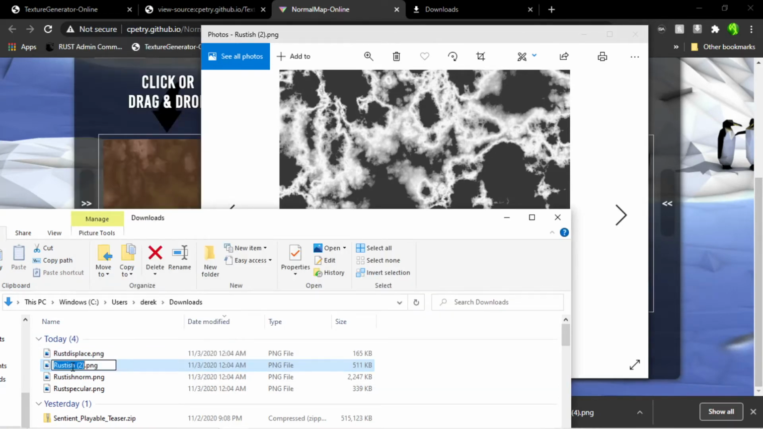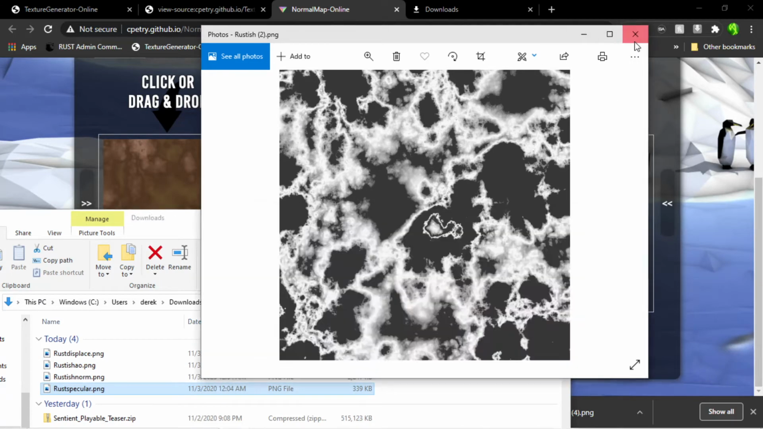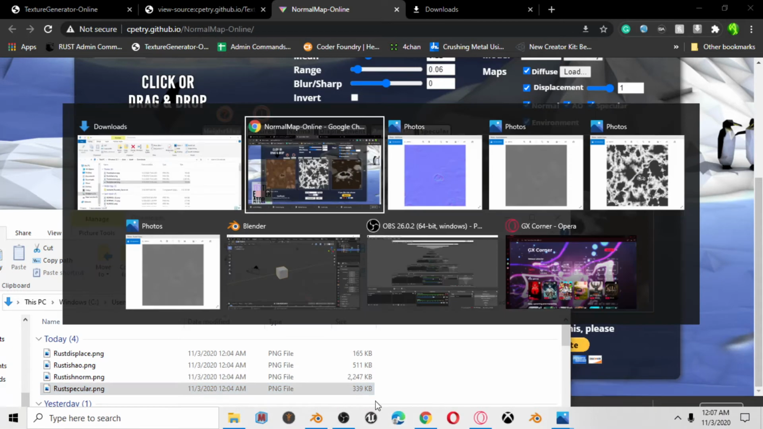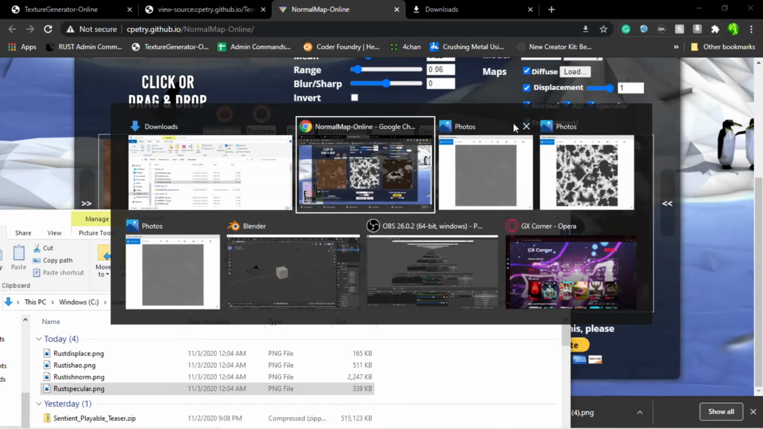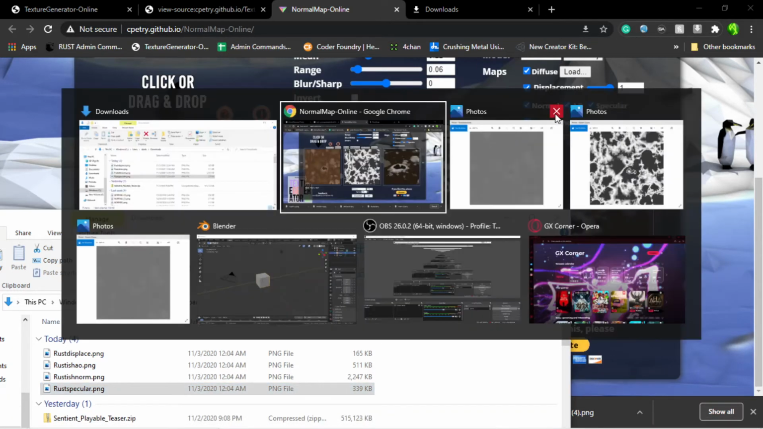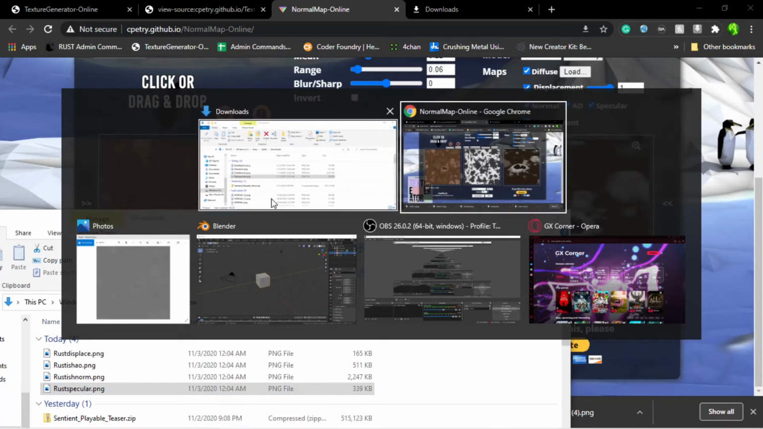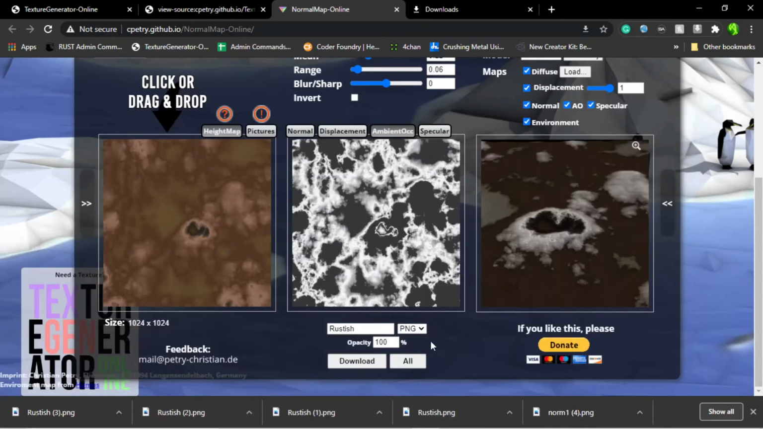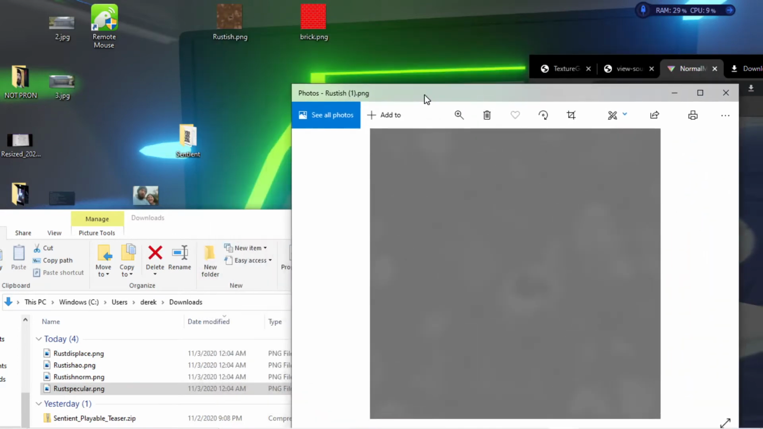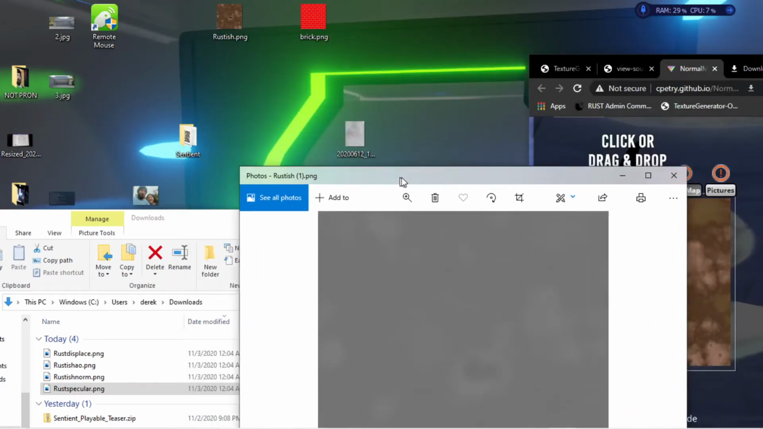Rustish AO. There we go. So now that we have all those right here, first things first, let's close out all this. Underneath photos. And I don't know if they keep the same, I believe they keep the same dimensions, I would imagine. But right here,